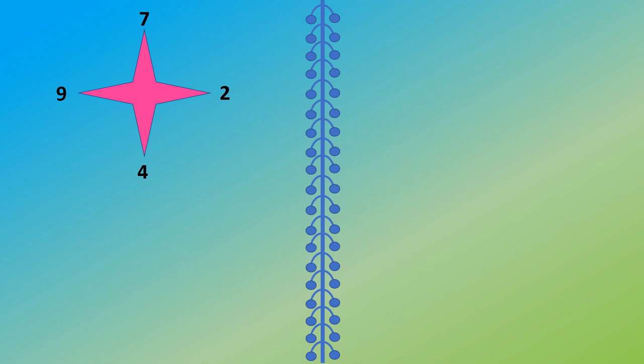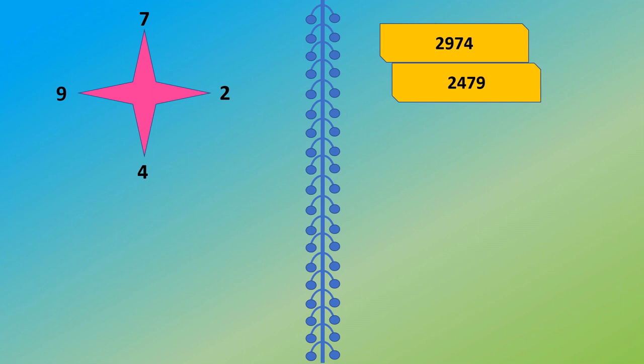The next set of digits given to us are 2, 7, 9 and 4. Let's make 8 numbers only using these digits only once. So let's begin with the digit 2 and make a number. So we make 2974, and another number using the same digit 2, we will use 2479. Let's take 4 now and we make 4792 and